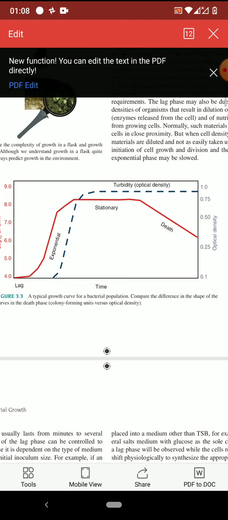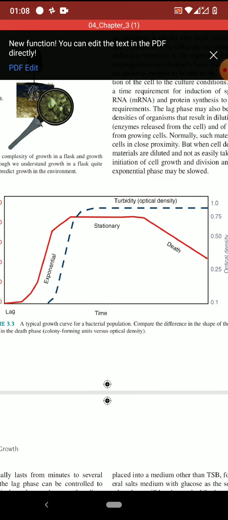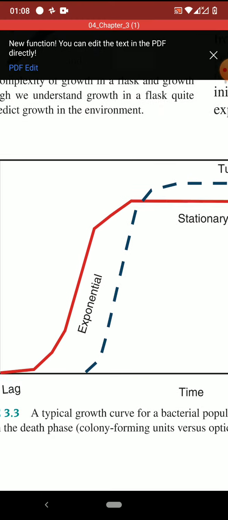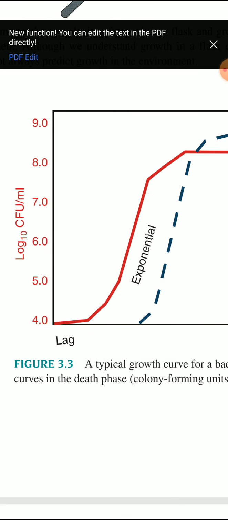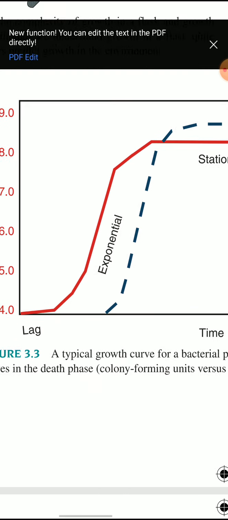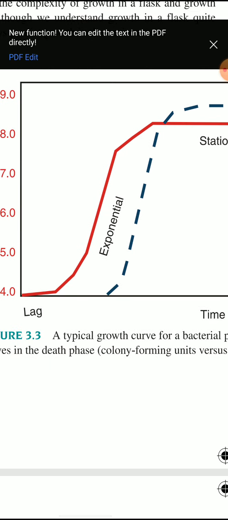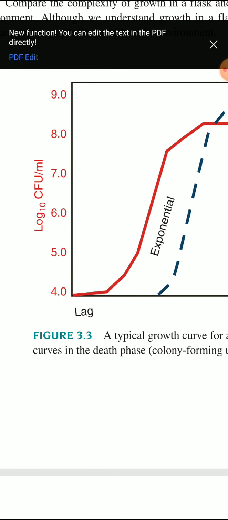And now how does it grow? We can draw a simple curve of this bacterial growth. It goes in this way. It starts slowly. Observe the red line in the picture, in the video. The x-axis is nothing but the time in minutes or seconds, whatever you take. And the y-axis is the concentration of the bacterial cells or the number of the bacterial cells.